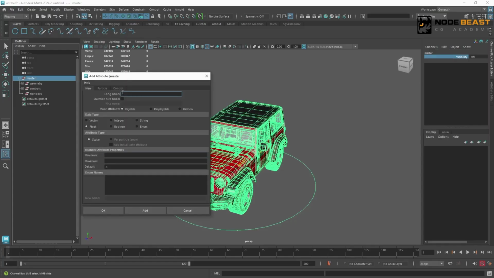Here, first, a setting to hide or show the model's group. Let's call it Geometry Vis, which is the first 3 letters of visibility. We don't need this to be keyable, it's just a setting for the display state. So we select displayable here, and it's a boolean because it's only on or off, 0 or 1. So add that. Then we also need to add a model display type, because for the animator, we don't want